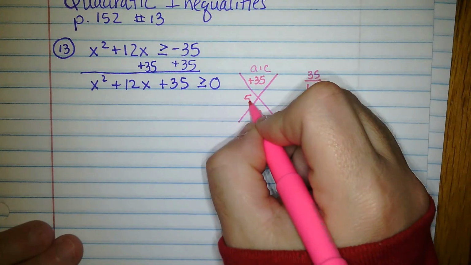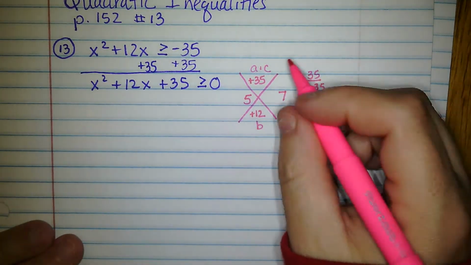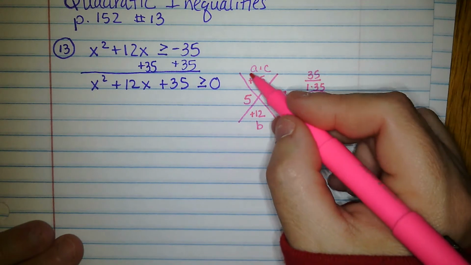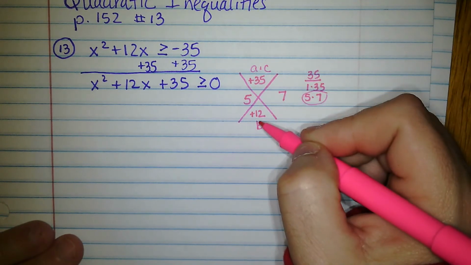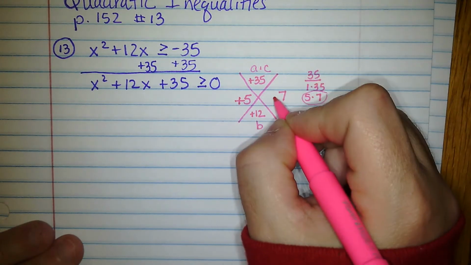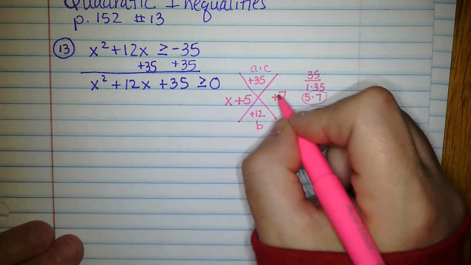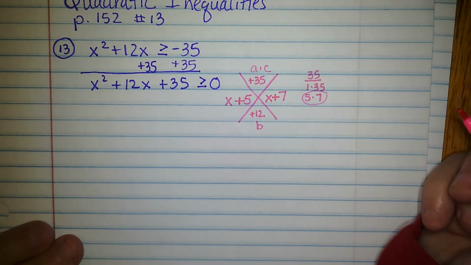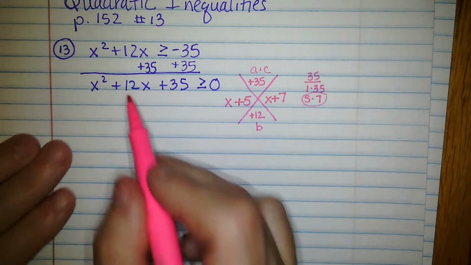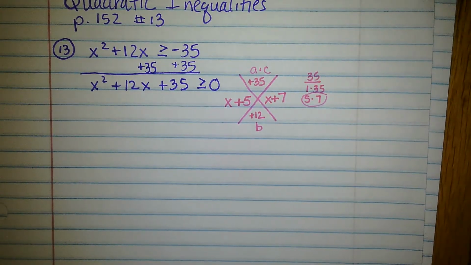When we put the 5 and the 7 in, they have the same sign because they have to multiply to give you a positive, and to get a positive 12, they both have to be positive. So you should have x plus 5 and x plus 7 as your factors. So back over here,